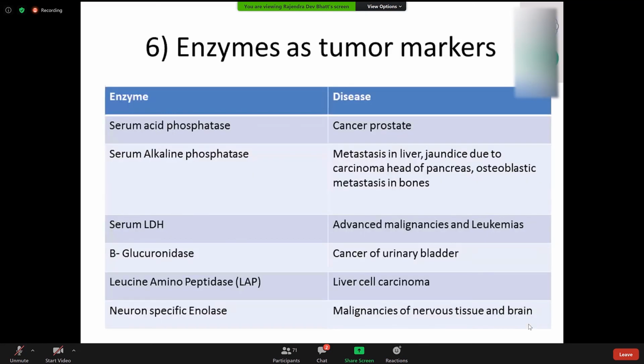Yes, enzymes as tumor markers. There are some enzymes that reflect as tumor markers. And some people are confused about tumor markers. Tumor marker means they are not reflecting that exactly you